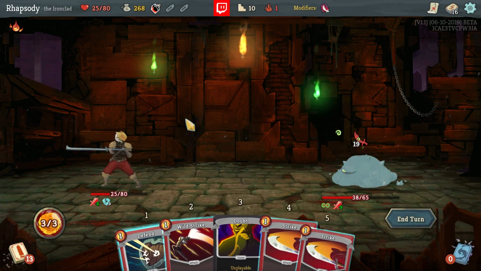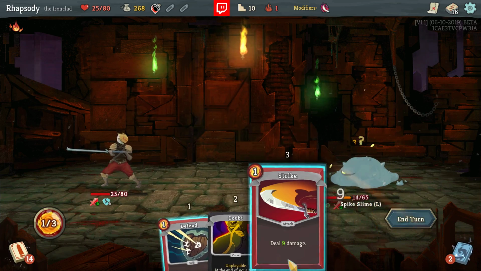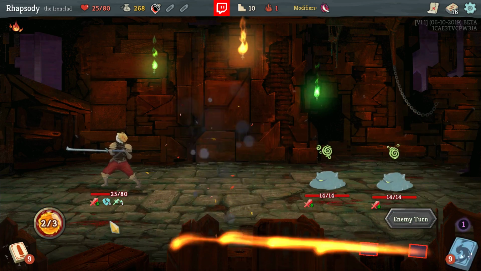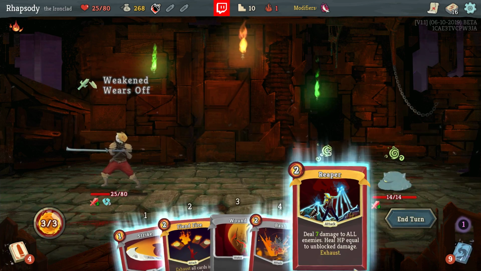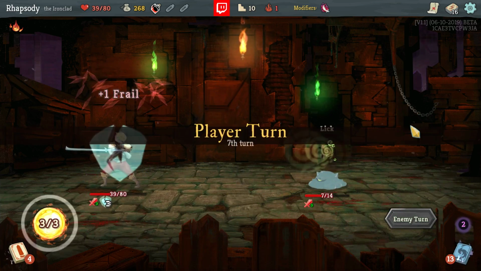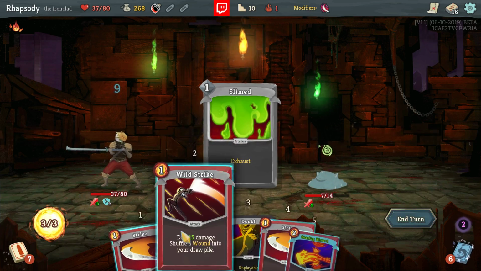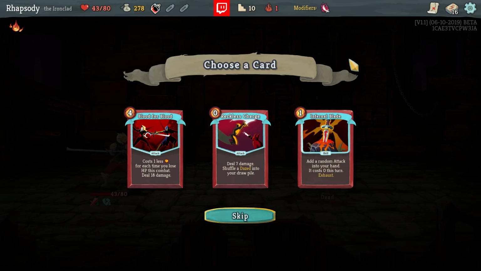Don't draw Reaper. Neat. I hate that I'm weakened this turn. That's good. Reaper now. Hey, good heal. Beautiful. Whew. Goodbye to the Spike Slime. Hello to...